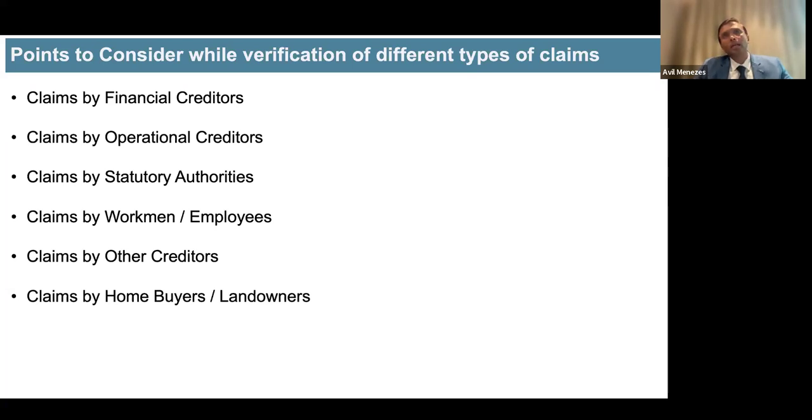As far as landowners are concerned, there are numerous judgments now that classify them not as financial creditors. Essentially, it's a contract. They are not even creditors in the entire process because they have neither provided goods nor provided services. It's just a development agreement between the landowner and the company. So the land doesn't change and it is only a development agreement which is taken over by the company. So their rights to some extent will have to be protected under a resolution plan, or it will have to be appropriately negotiated between the PRA and the landowners.